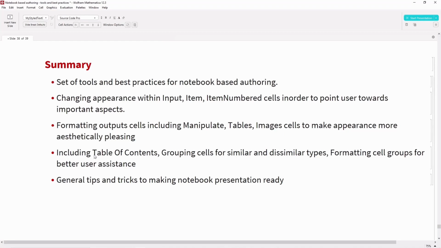Basically what it can do is select that particular word. We have this SelectionMove function, and using that, we can select the particular word in which the cursor is lying. So it would select that word, read it, and then use NotebookLocate and so on to go to that particular notebook and the cell.